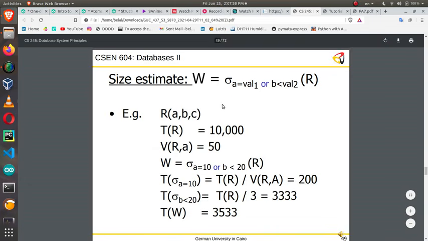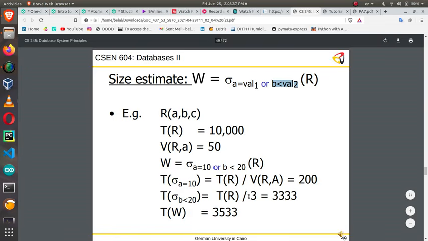Okay, however, the case is different if the compound operator is OR, not AND. Here we have two separate subconditions. The tuples that satisfy condition 1 are not necessarily the same tuples that satisfy condition 2. So we compute the number of tuples for subcondition 1 and condition 2 separately. After that we add them together. So this one is gonna be T of R over V of R, A, 10,000 over 50 equal to 200,